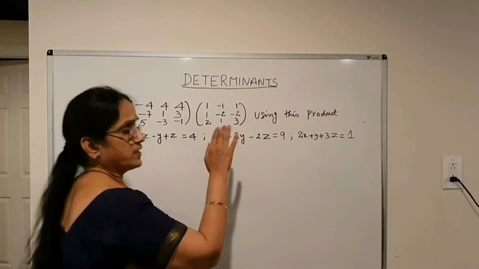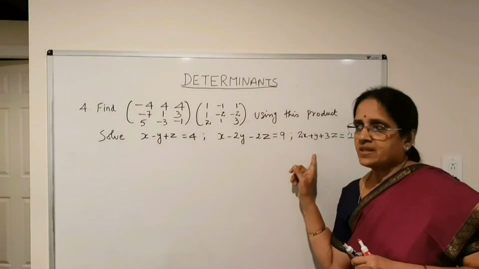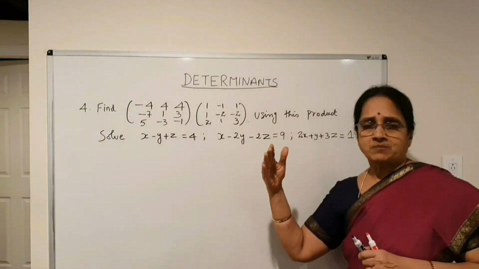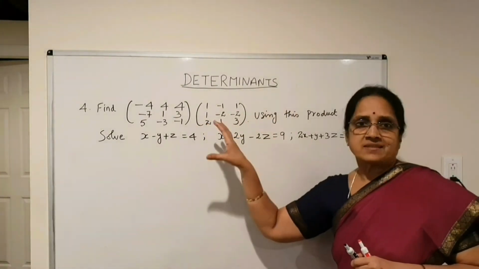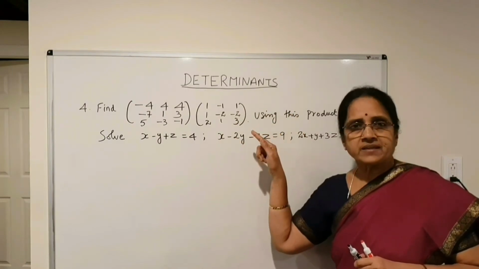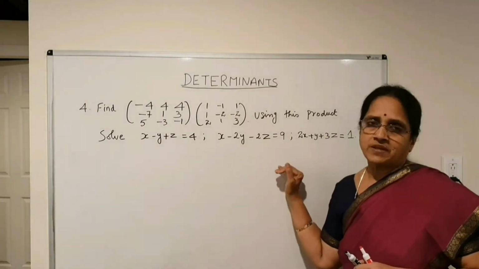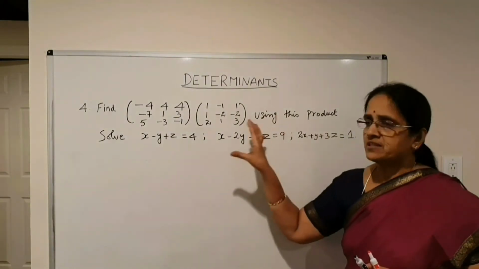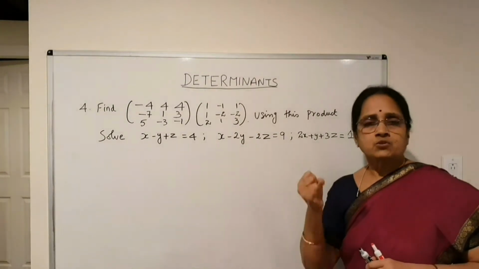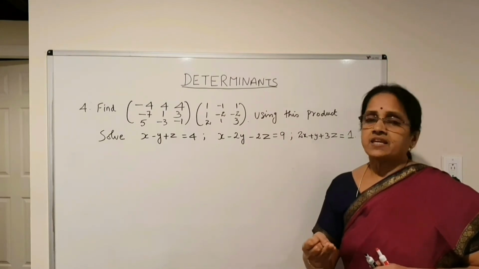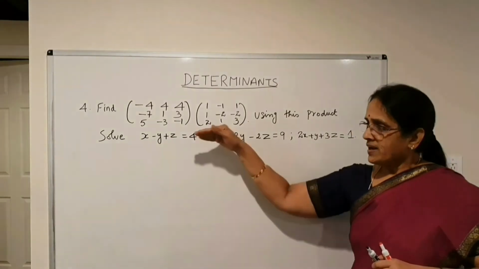the product, and using that product, you need to solve the system of equations. Now, the previous sum, question number 3, even in question number 2, you have been given the matrix A and you have been asked to find A inverse, and using that A inverse, you have been asked to solve the system of equations. So, the moment you read the question, you need to identify the type. This particular question was asked in 2010, 2012, even in 2017 board examination paper. So, let us start solving this.